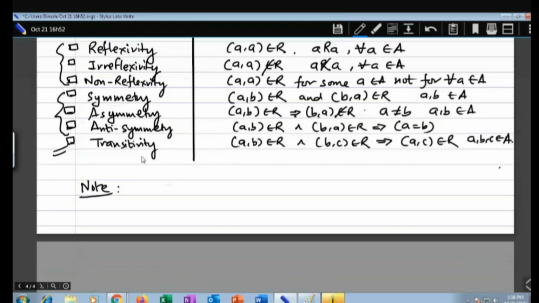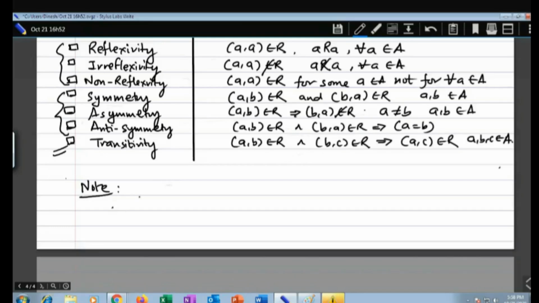If you think about transitivity, look at this. A transitive relation is asymmetric if and only if it is irreflexive. Are you getting me? So when you say a to b, b to c implies a to c, it should be available. So what does it mean? That it is asymmetric. There is a to b available, but b to a is not available. Otherwise this will complete here itself.